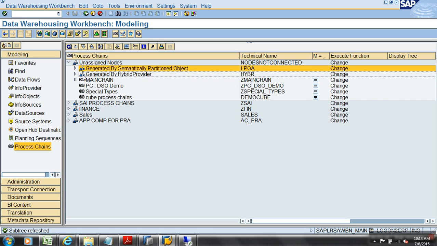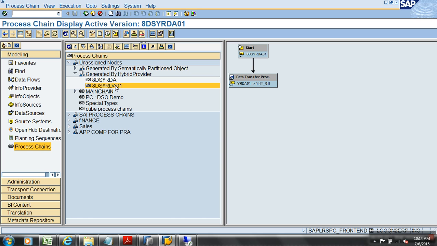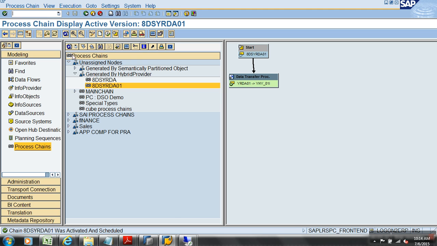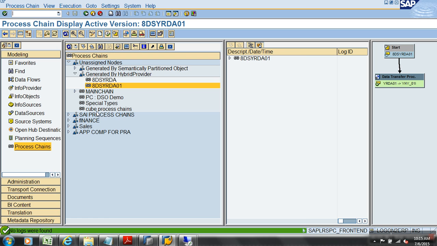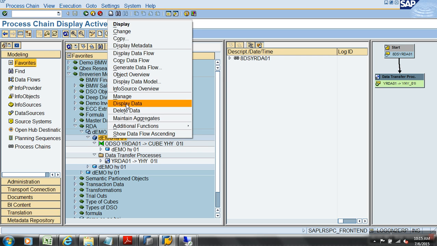When you go to the unassigned nodes generated by hybrid provider, double click on RDA DSO and this is created which will take data from RDA DSO to cube. Just run this. It has run. If I see my data in the cube,